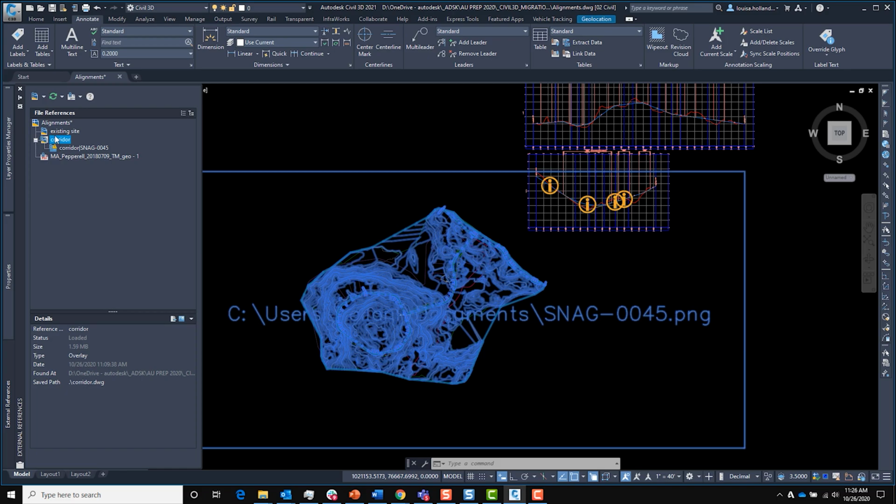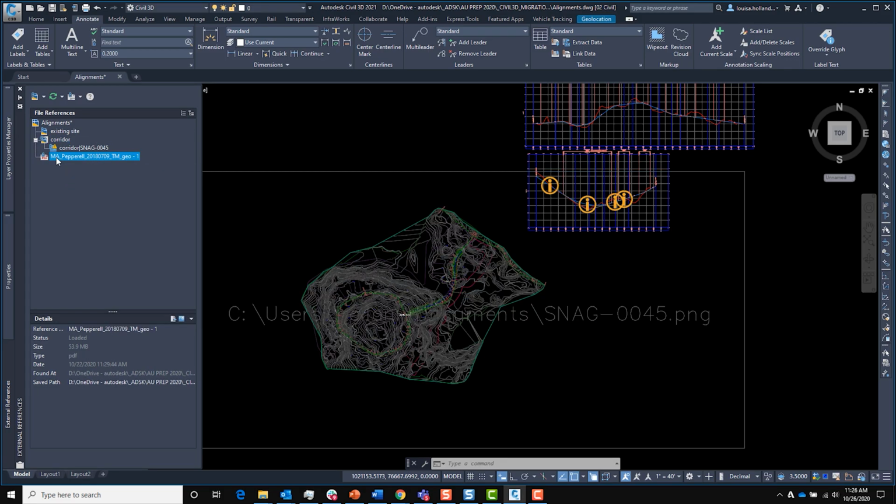But the corridor file itself is just fine. If I click it, I see that it is an overlay. Good, it is found currently. So it's currently resolved, and its saved path is that dot corridor. So that dot is telling me that's what the path looks like when the type is overlay, and that's exactly what we want. So I can tell I'm going to need to open up the corridor drawing to untangle that missing PNG. Let's take a look at this other attachment.